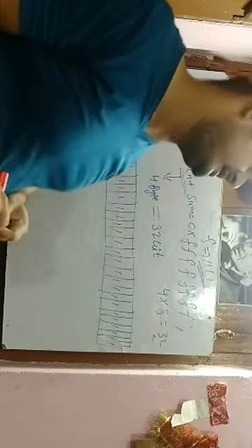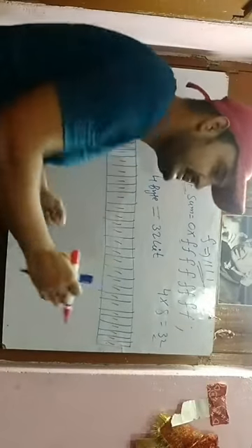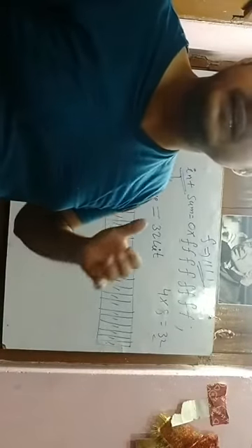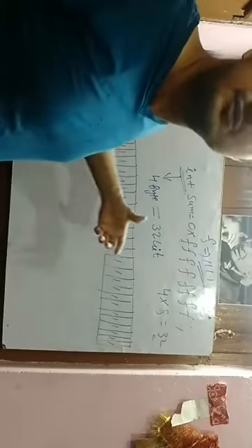Now if you know a little bit of computer science, coming to how numbers are saved internally, there is a representation called 2's complement representation. So this number, whatever you have stored in 32 bits, is actually stored in 2's complement form. What does this binary number mean if we convert it into decimal? This is not a normal number, and you can't consider it as just a signed number. It's a 2's complement form.